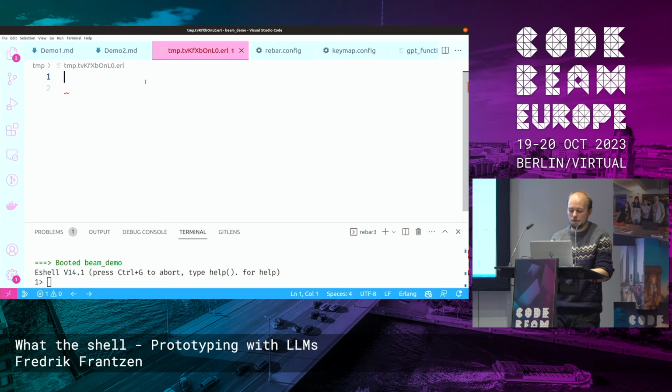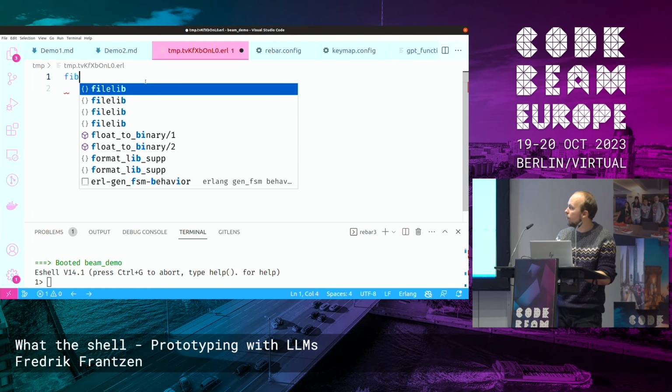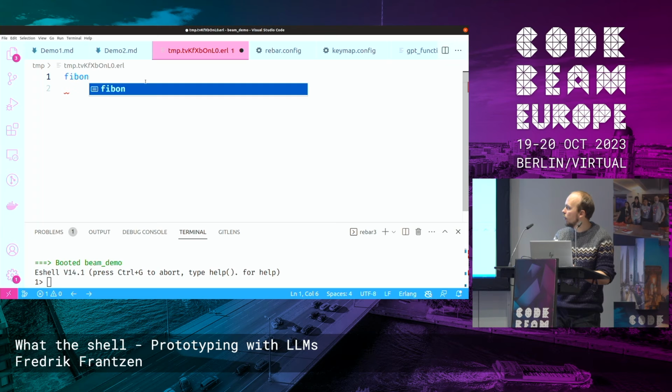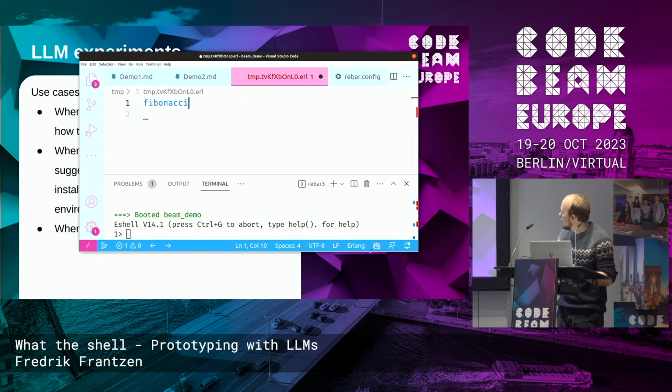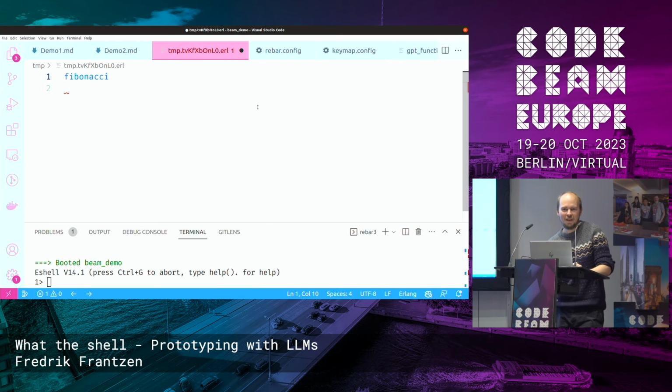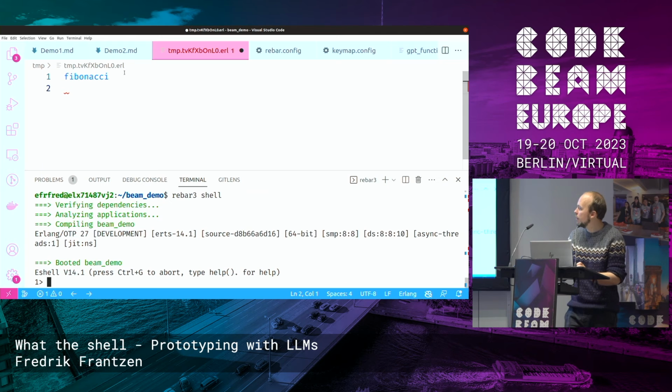But here I have GitHub Copilot installed. So, for example, if I want to add a Fibonacci, is that one enabled? Okay, maybe I don't have the Copilot available, so we'll skip that for the demo. Well, that's unfortunate. But yeah, it's a very powerful tool to autocomplete your code inside your editor. And let's continue with ChatGPT instead.